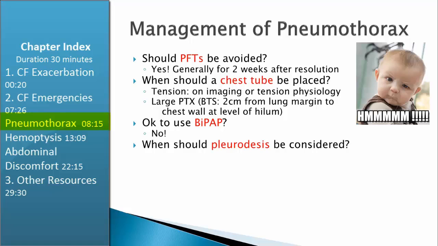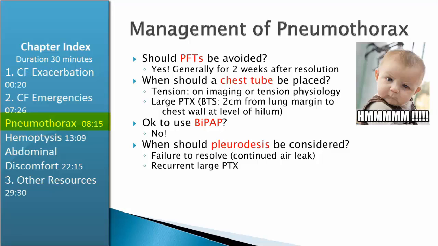When should pleurodesis be considered? This often comes up and is a big area of debate. In general, for CF patients, pleurodesis should be considered when there's a continued air leak, suggesting that the pneumothorax is not resolving. And there's really no criteria for how many days you wait for this, and a lot of the surgeons will differ in their clinical practice. The other reason to proceed with pleurodesis is if there is a recurrent large pneumothorax. This is slightly different from pneumothoraces in the non-CF population, which often suggests with any recurrence, even if it's small,